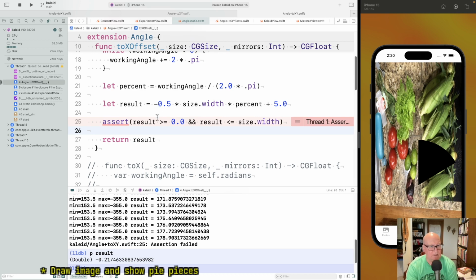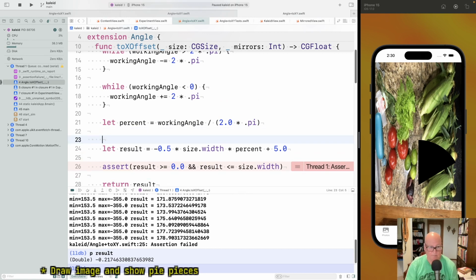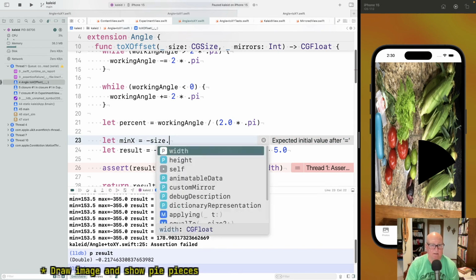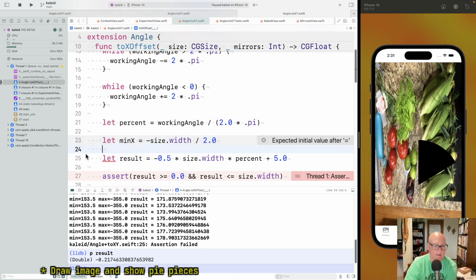So minus, all right, min x is minus, well, minus size dot width, whoops, minus size dot width divided by 2.0, right? That's really half times that. Okay, and the max x